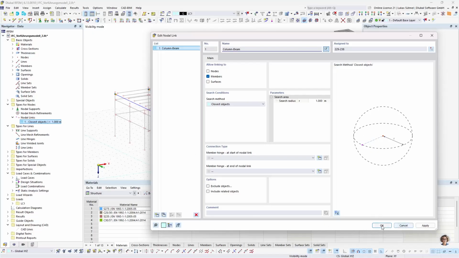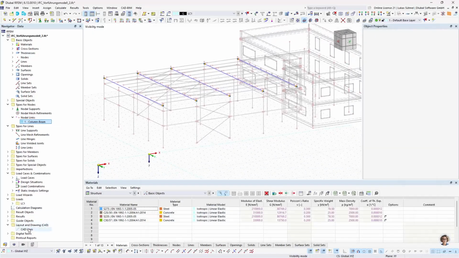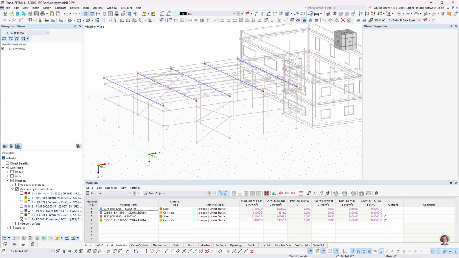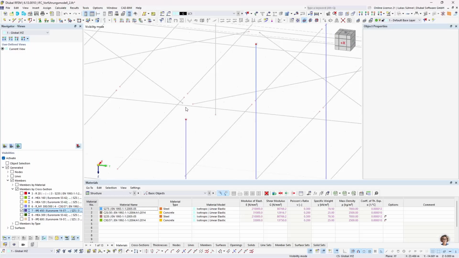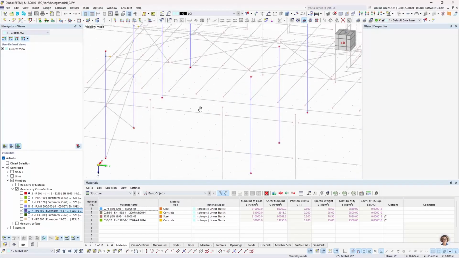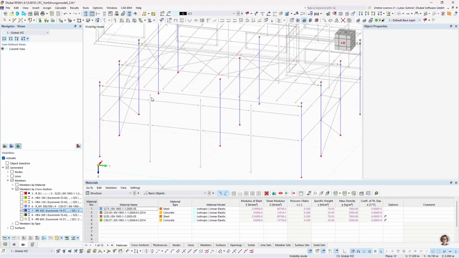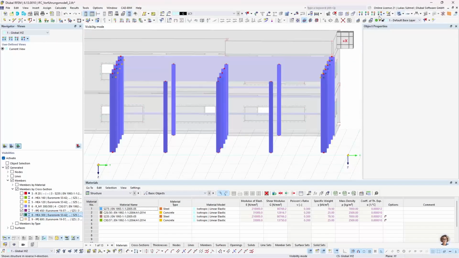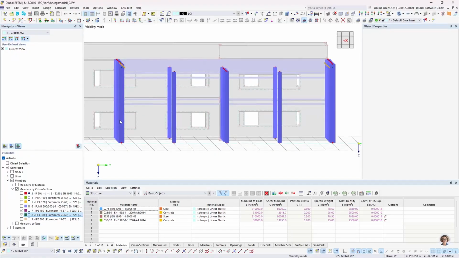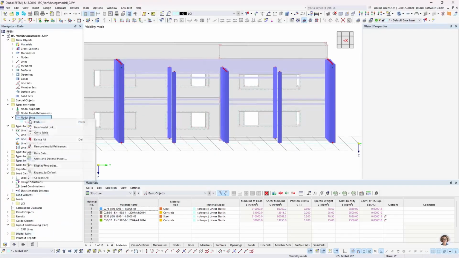Then we can create another coupling. What could be the next one? Let's have a look. We have additional columns down here, I think the IPE 450. So these center columns here, they have to be connected to the main beams, and also these columns on the outer frames, which should be the HEA 300. Also, those have to be connected to the main beams. So another nodal link could be,